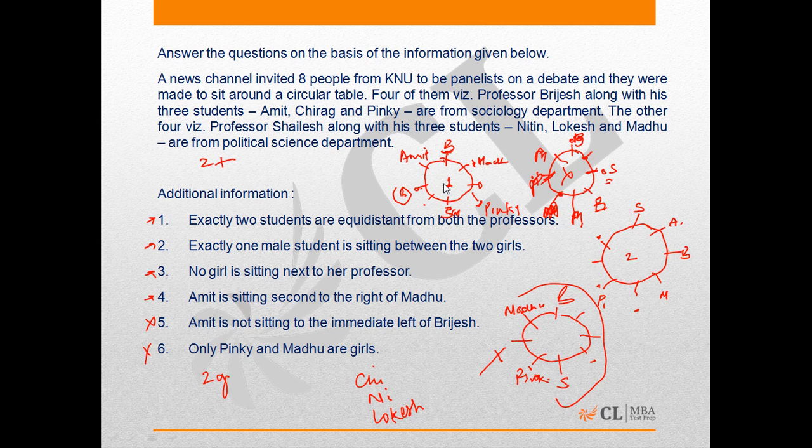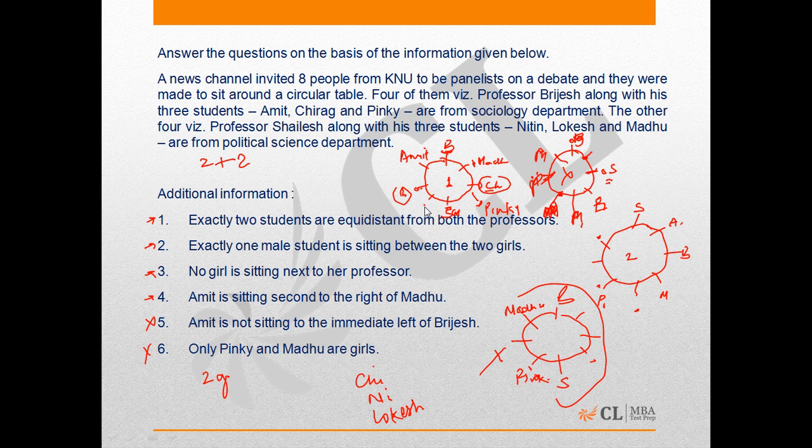Now coming to the second possibility in this case, that is Chirag is sitting between Madhu and Pinky. In that case, the remaining two positions on which Nitin and Lokesh can sit in two ways, therefore there are two more ways, and final case is